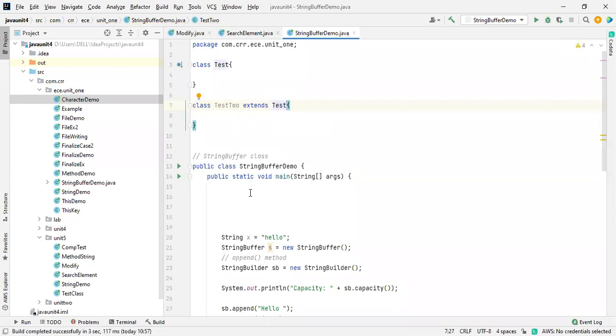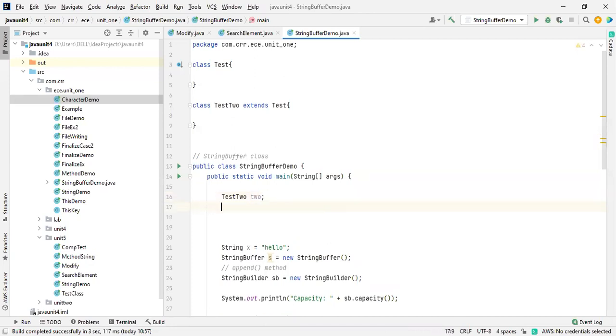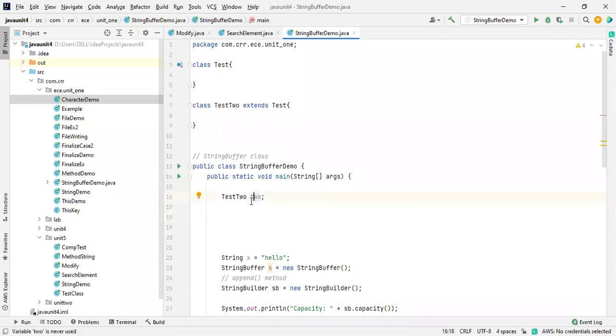While we are doing this, inside the main class, generally if I want to access this, I create the object for test2 with a name, the new keyword and test2. This is the general thing we do. But in the sense of polymorphism and dynamic binding, I create only the reference using the reference of the parent class, not the child class. This is the parent class for this class.